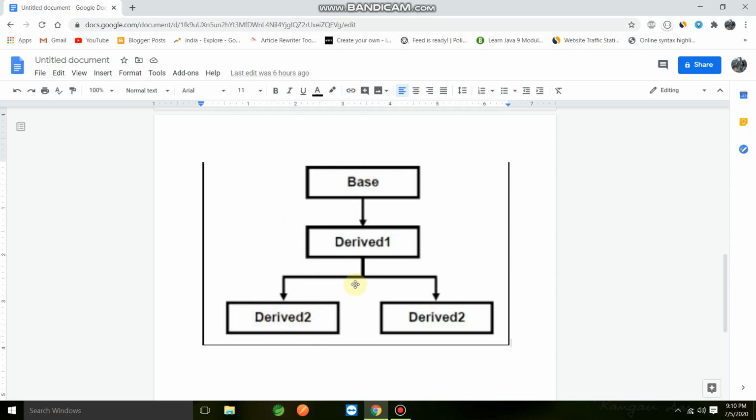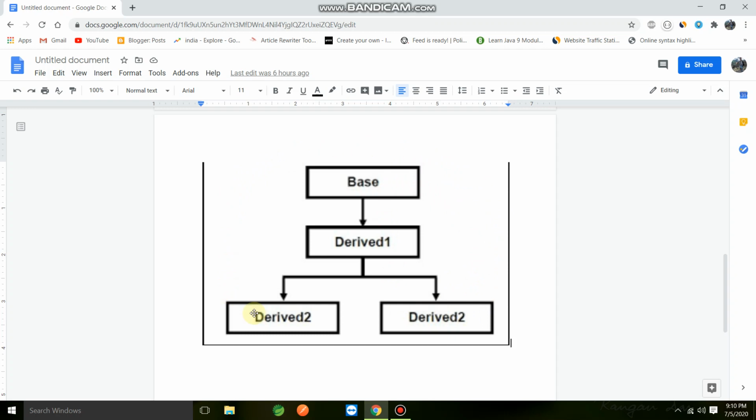So this is called multi-level inheritance, where a child class has two parent classes level-wise. Likewise here, this class, derived 2, has two parent classes level-wise. So this is also a multi-level inheritance type.